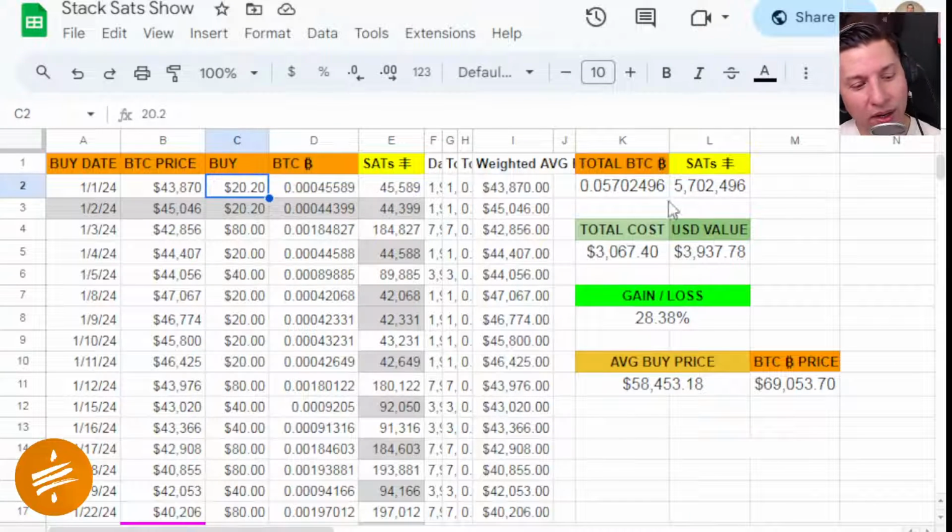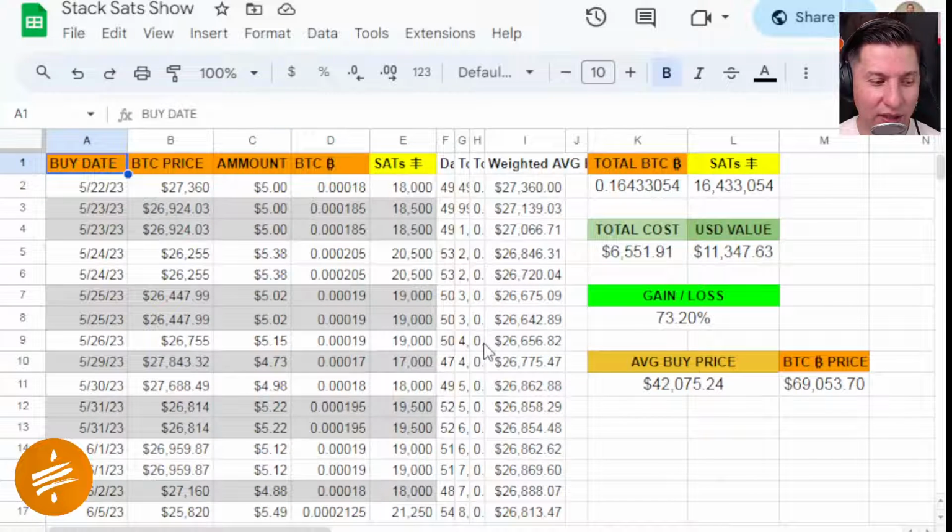Okay, so that is the status for today. For the 2024 stack, we spent $3,067, and if we were to buy the same amount of Bitcoin today, we'd have to spend 28% more of today's weaker dollars for a total of $3,937. Okay. For the lifespan of the show, we've been stacking since May 22nd, 2023, and we've accumulated so far